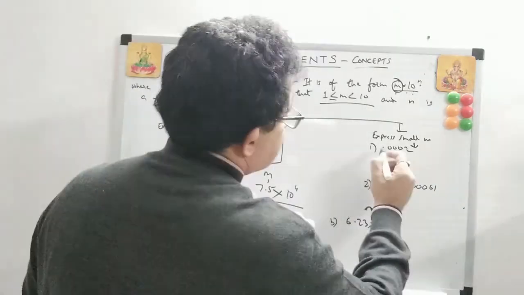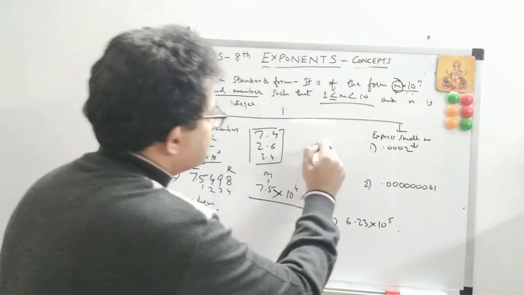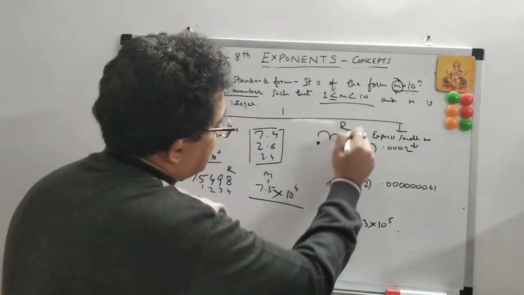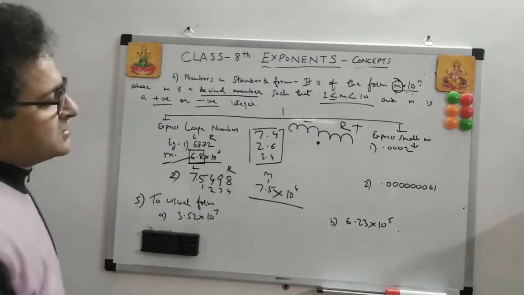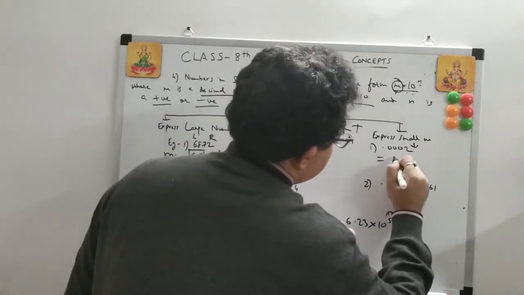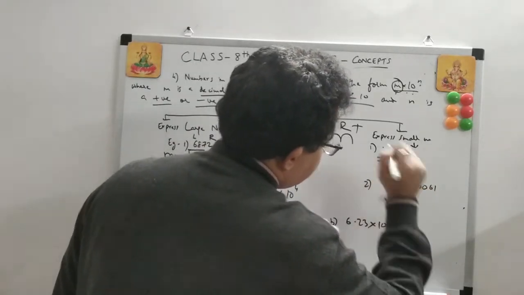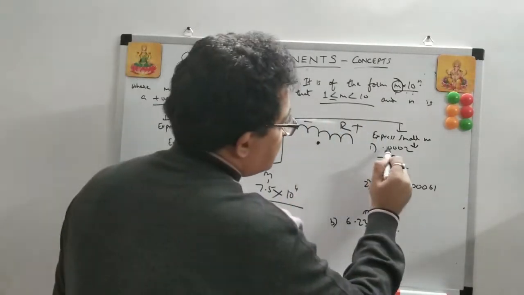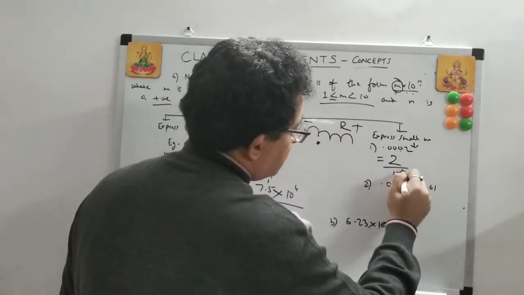If you have done the number line and rational numbers: when this is the decimal point, the number of digits to the right is positive, and the number of digits to the left is negative. Right. So you will express this as 2, and instead of putting it over here, just put it to the power. We'll shift 1, 2, 3, 4 digits. 10 to the power 4.